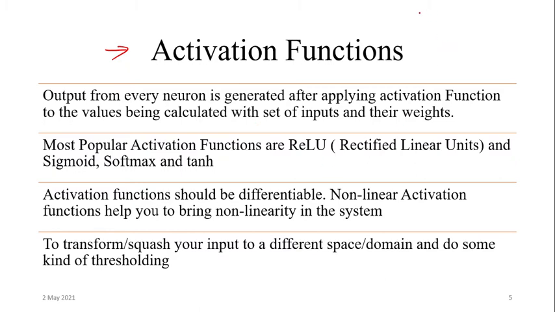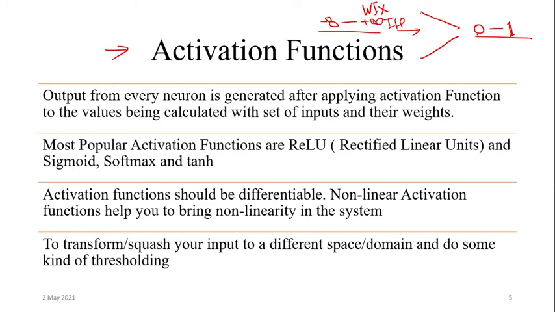Suppose in one system or one function, I am taking it like this. Here you have the input, which is the linear combination of weights W and X, or you can say W transpose X. Now in this part, the output is between 0 and 1. Whatever value you pass here, this W transpose X, it can be minus infinity to plus infinity, right? Then it will give you a value between 0 and 1. Ultimately, this is a linear system that we are transforming into a non-linear system, because you have a value between 0 and 1 only, right?